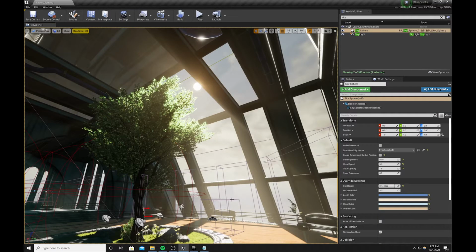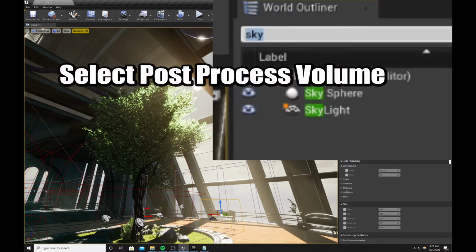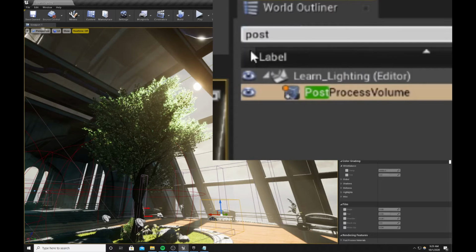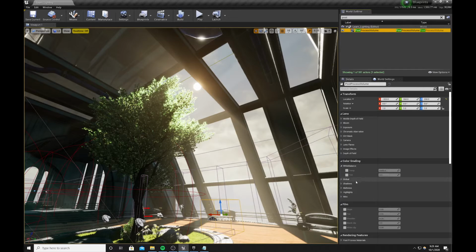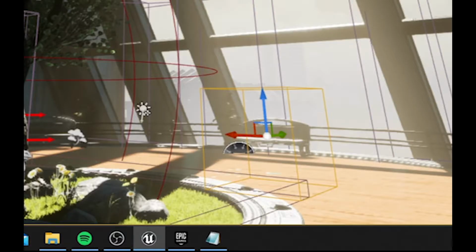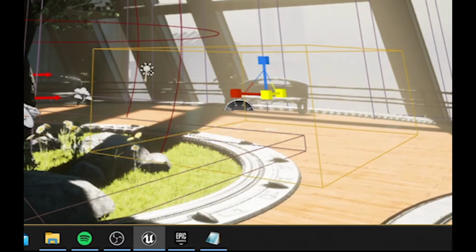Click on our post-process volume that we added earlier. If you can't find it, just type in "post" here in the world outliner, and you'll get to post-process. There's two ways to do post-process. You can either take the volume that we added and extrude it to fit your entire scene,